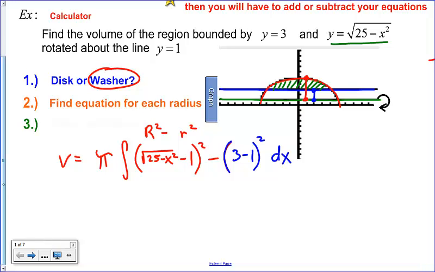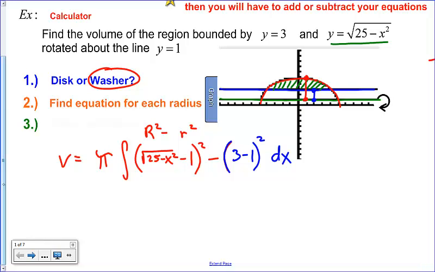We're still doing it with respect to x because this is a horizontal line, and if you look at your radii, they go up and down. Up and down radii are in the form y equals because they're y values. So everything's with respect to x. The last thing you just need to know is what are your limits, and these aren't as easy as they